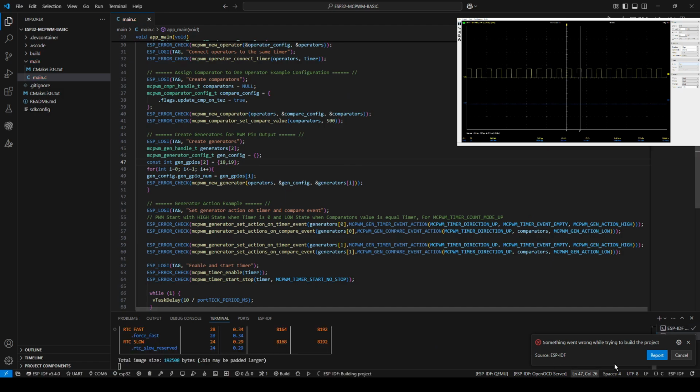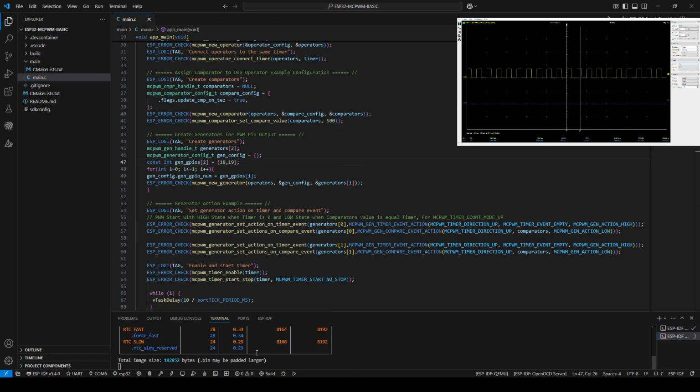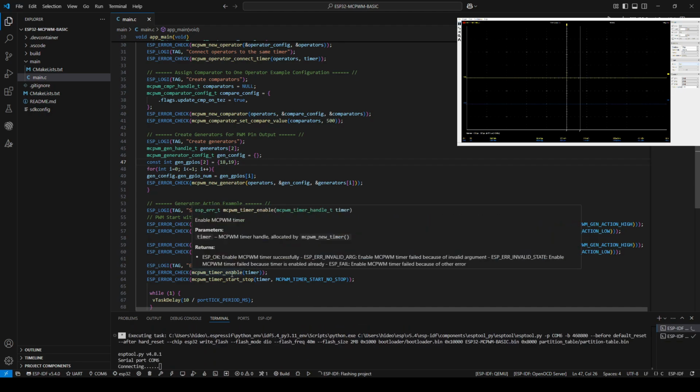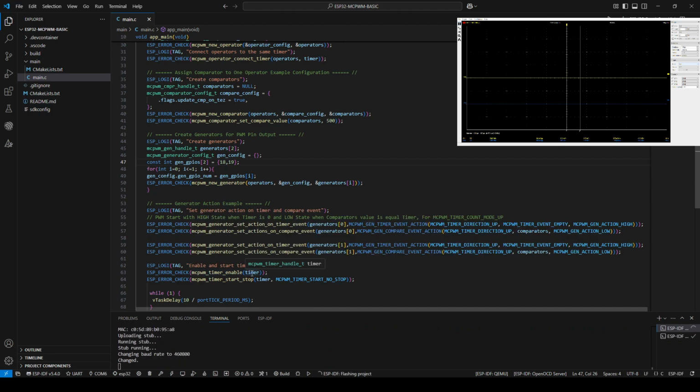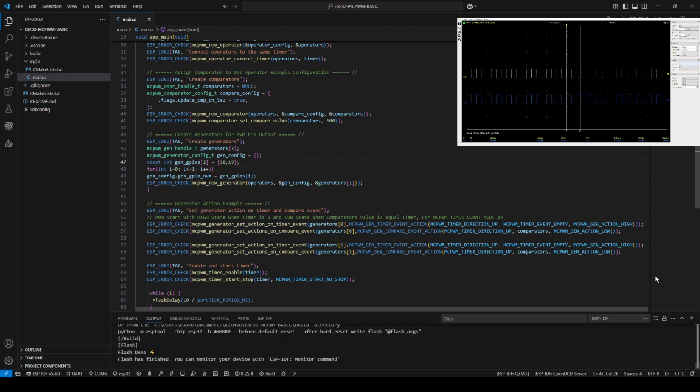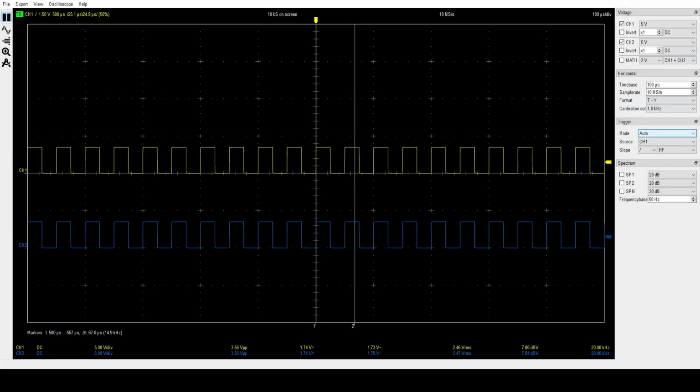And then after build, we flash it. Okay, so we can make the oscilloscope larger. Okay, right now we have